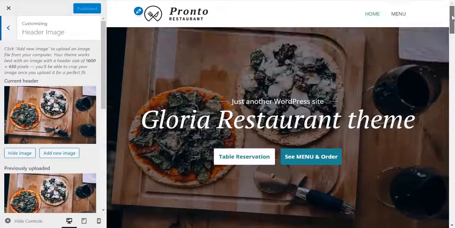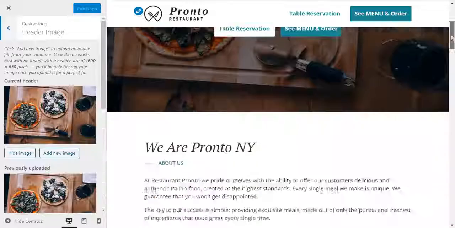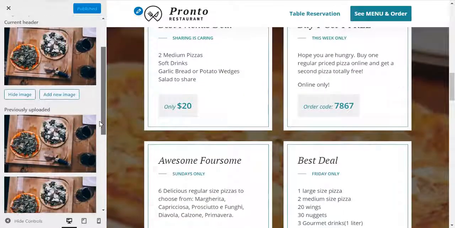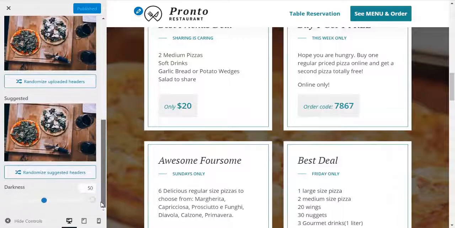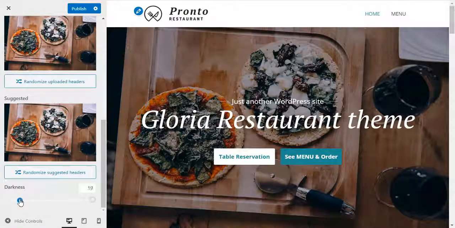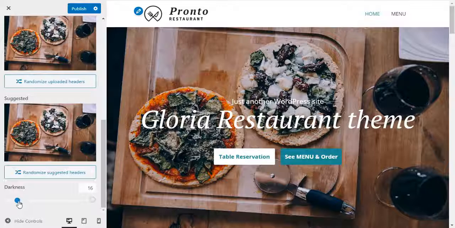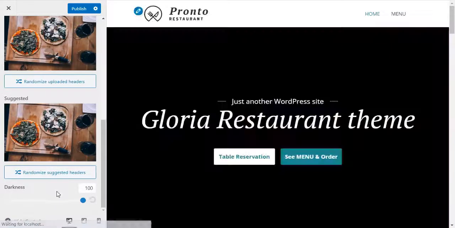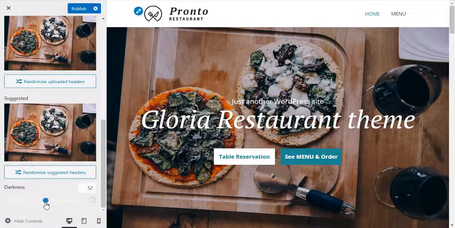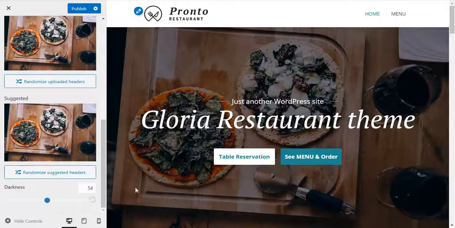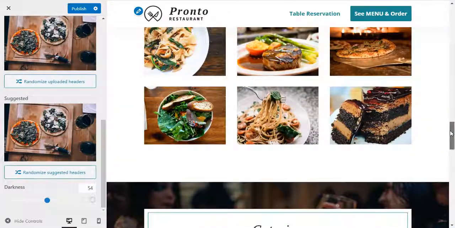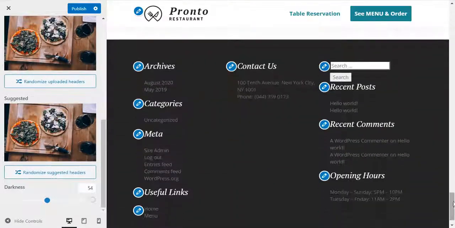You can see that these are header images which are showing below the main area, main heading. Now you can also change these as a slide. If you want to change the background image into a slider, then you can just comment me. I will show you how to change this background image into a slider. And you saw that I changed the darkness.